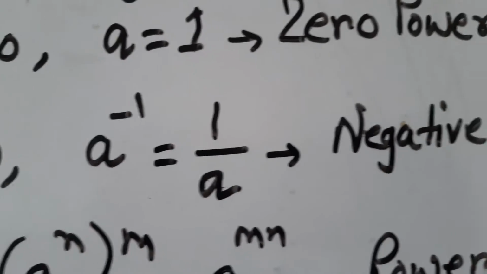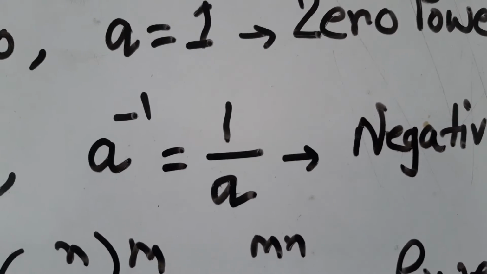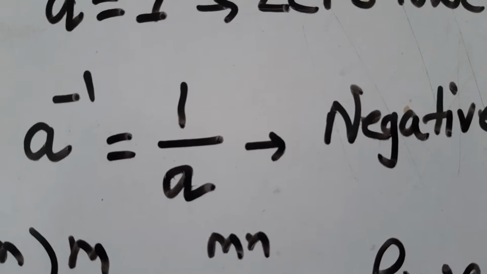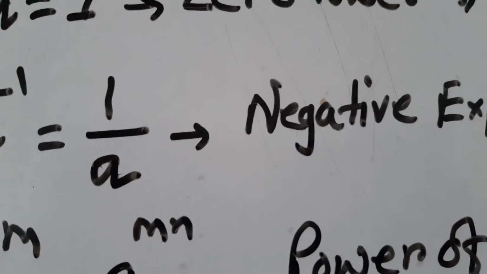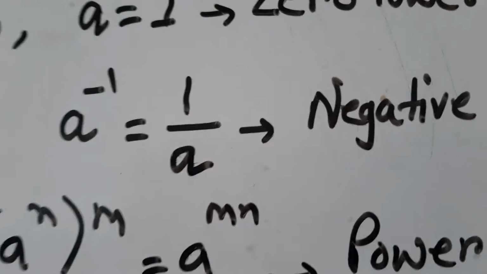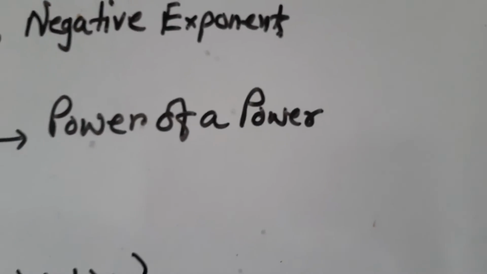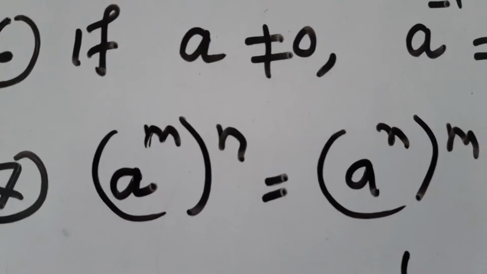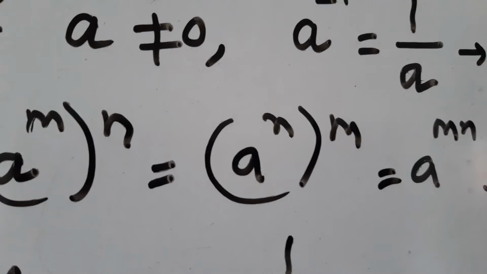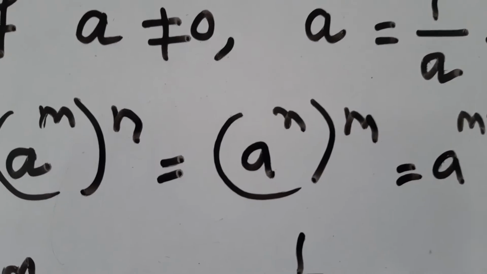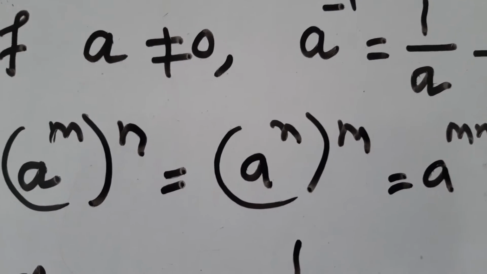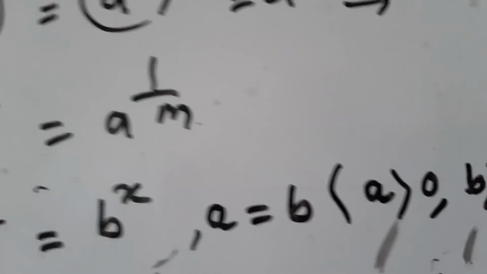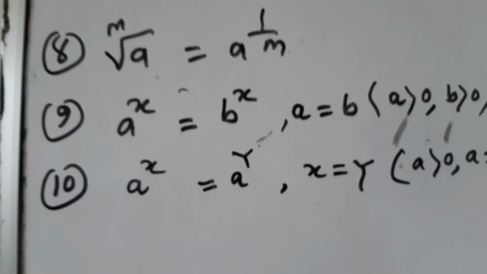So we just reciprocate the position, like if a to the power minus 1, you just bring the base to the bottom and then you change your power. And this is power of a power rule. There are two different powers. We just can exchange the power. If it is outside power, we can bring inside the bracket, and the inside one we can take out, but the value is same. And then there are three more.